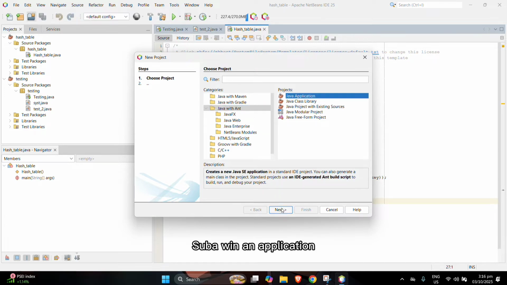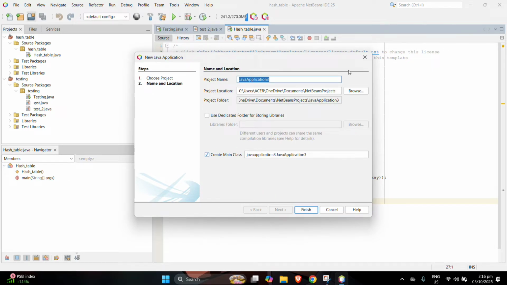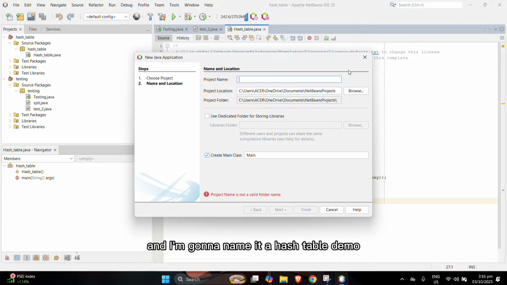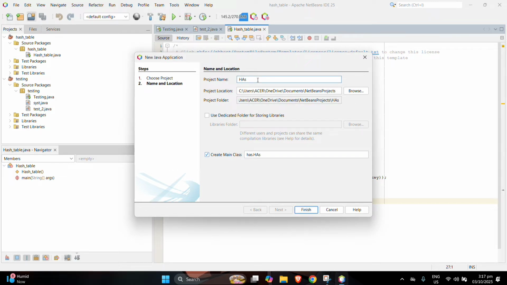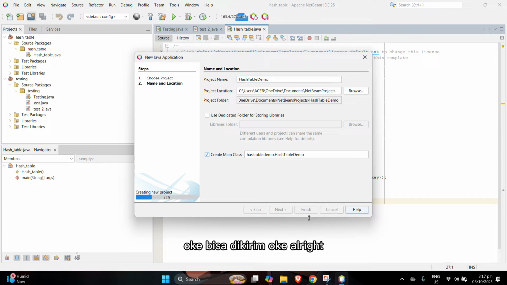So, a new application, and I'm going to name it HashTableDemo.